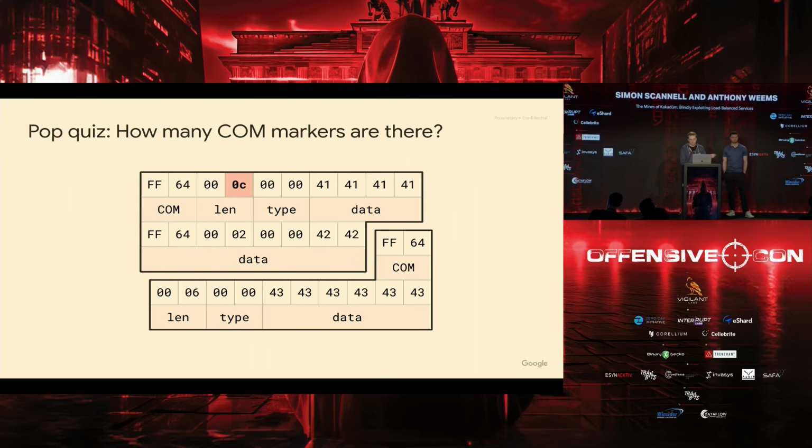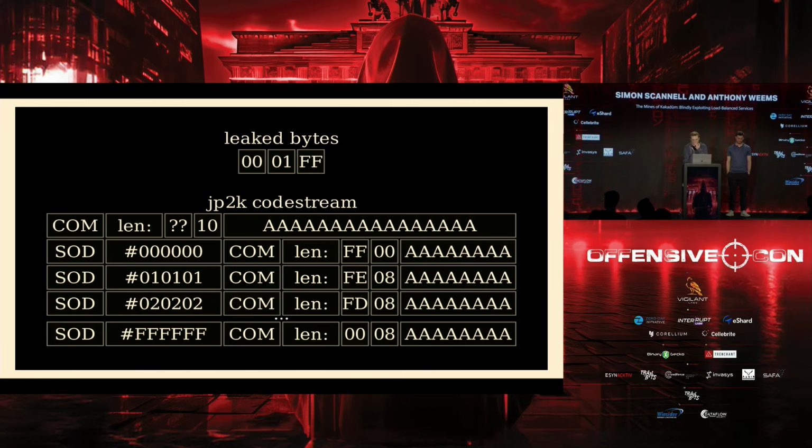But what if the byte that we leaked was 12? Then the first comment keeps reading past the end of the intended array and consumes the entire next comment marker. So in this image, if we leaked byte 12, there are only 2 comments. And we basically jumped over a whole marker in the image format. So this jumping mechanism is something that we used in order to start performing searches and build some sort of conditional logic mechanism in the format itself. And so I'll show you what this looked like.